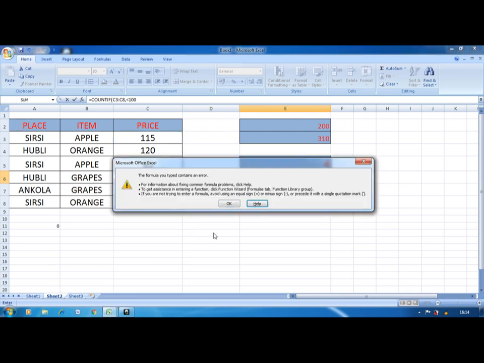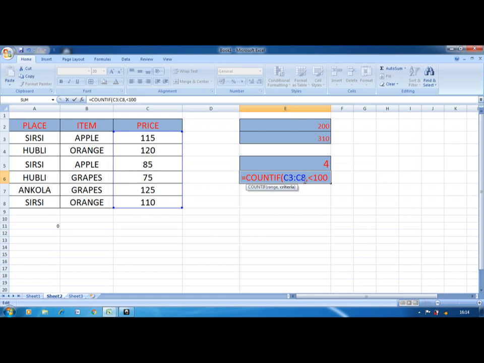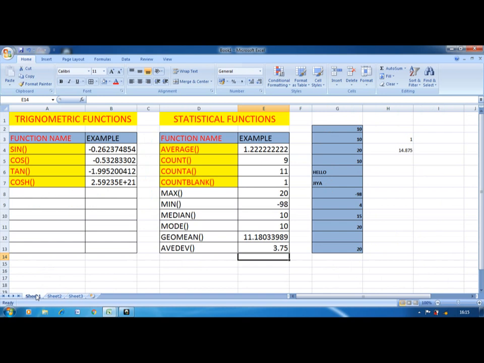Criteria is always in double quotes open, double quotes close. So I think all of you know the answer. Less than 100, only two numbers are there. So these are the two functions. One is mathematical and trigonometric function, and second one is a statistical function.